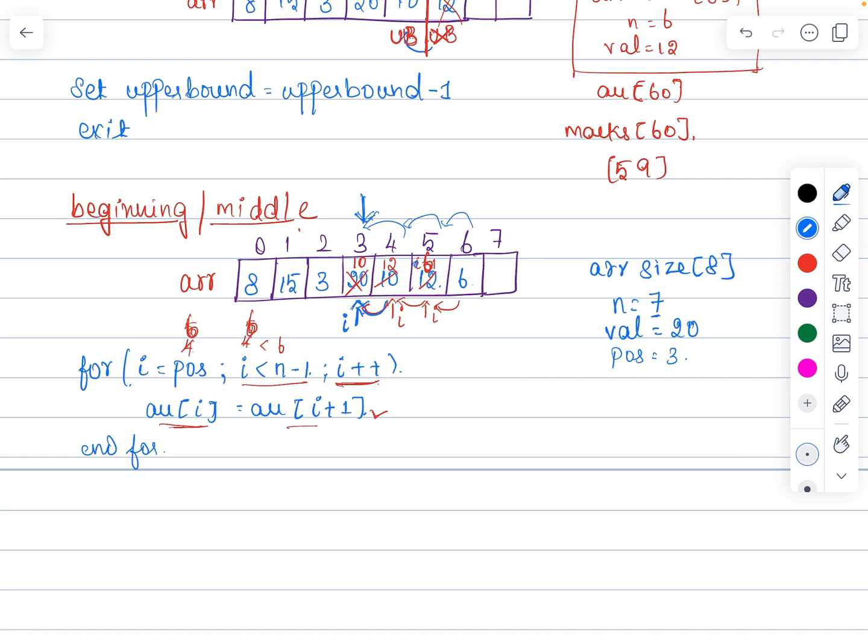Which means what? You want to delete the element in the middle, which means after deleting it, we are just shifting all the elements, right? So that the space vacated by the deleted element can be occupied by the rest of the elements. So come out of the loop, and now since I have deleted one element, initially it was 7, after deleting one element it must be 6, which means n minus 1, right? You are supposed to set n equals to n minus 1. That's it. This is the pseudocode